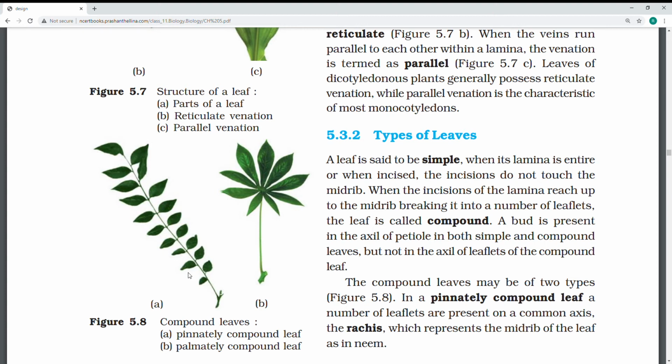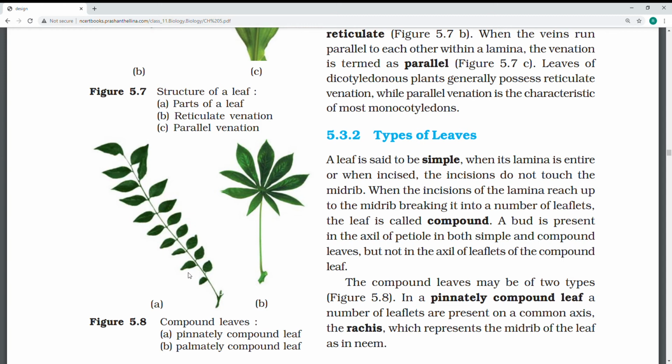So examples of pinnately compound are neem and karipata, and coming under that again, unipinnate if it is a single leaf, bipinnate, many, like tripinnate, moringa leaves many, even coriander, a decompound leaf. Palmately compound is like the compound leaf which has the leaflets arranged at the tip of the petiole. The silk cotton plant, even hibiscus comes under that. Depending on the number of leaflets, it is unifoliate, bifoliate, trifoliate, quadrifoliate.